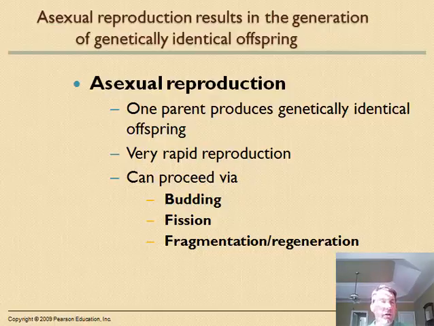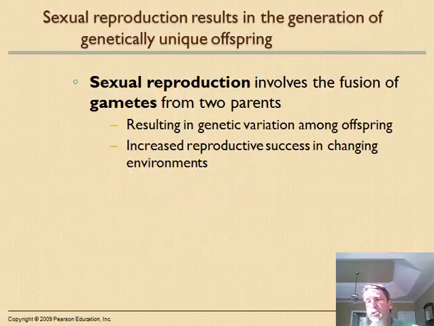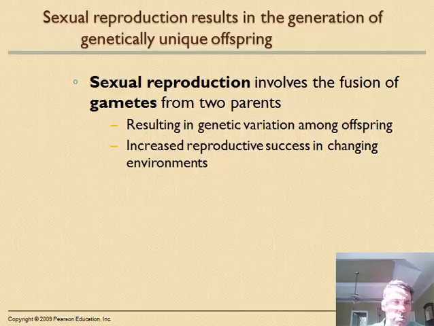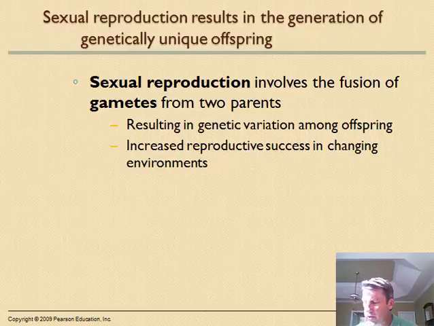But mainly what this chapter is going to deal with is sexual reproduction. And of course, sexual reproduction involves sperm and egg uniting to form a genetically unique offspring. So our gametes are sperm and egg in this case. All right. There are some animals that can do both, like the hydra that we just mentioned. It can actually do both types of that, and we'll get into some of those variations